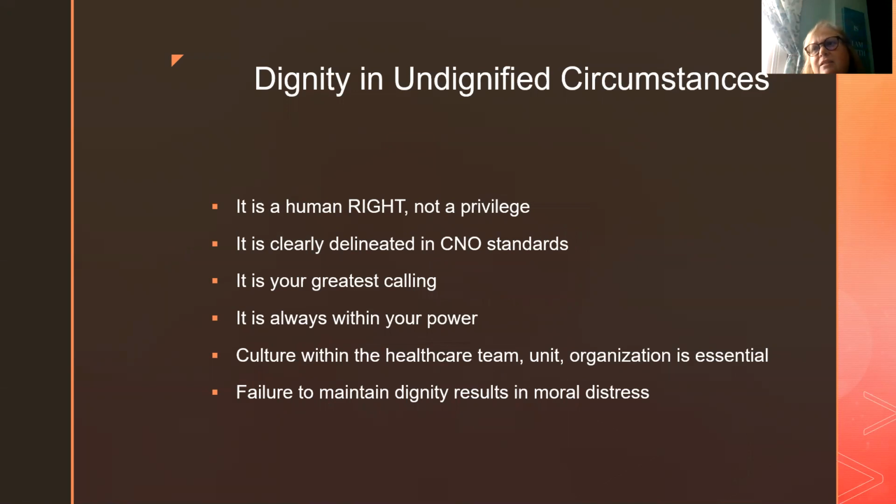A good example of that is for any of you who've had the opportunity to participate last year in the opioid overdose SIMs, looking after people who may be present in all kinds of situations, not having the best control of themselves. People may not be dressed. People may have vomited, lost control of their urine or their bowel, or their ability to hold their urine or hold their stool. And so they may be presenting in a way that in other circumstances we would turn away from, right? And recognizing how very important it is that we don't.